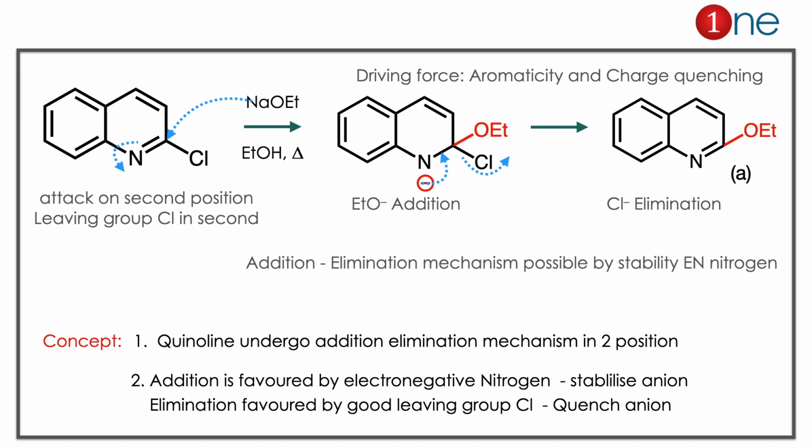The starting material has chlorine, and you are attacking with sodium methoxide. Chlorine is a good leaving group, so the attack is on the second position. So OEt attacks there, and you have anion formation. So the addition has happened. Second, the anion has to be quenched. How does the anion get quenched? It travels back inside and re-establishes the aromaticity. So chlorine is removed there. So the addition has happened and the elimination has happened. The addition-elimination is possible because of the electron-withdrawing effect, or electronegativity, of nitrogen. So the answer is clearly A.